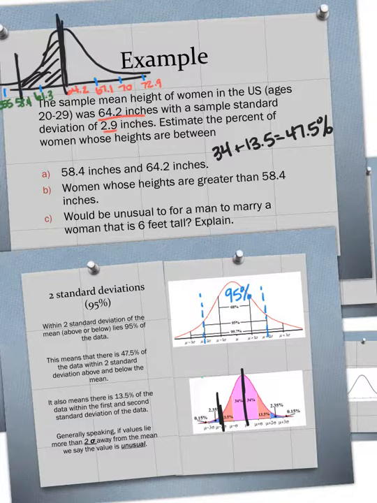The next question says, women whose heights are greater than 58.4 inches. So greater than 58.4 starts here, and it moves this way and covers this entire part of the curve. Well, we look at this, we see that that's going to be 13.5 plus 34 plus 34 plus 13.5 plus 2.35 plus 0.015. Now we can add all these values up and get a number, but a much quicker way